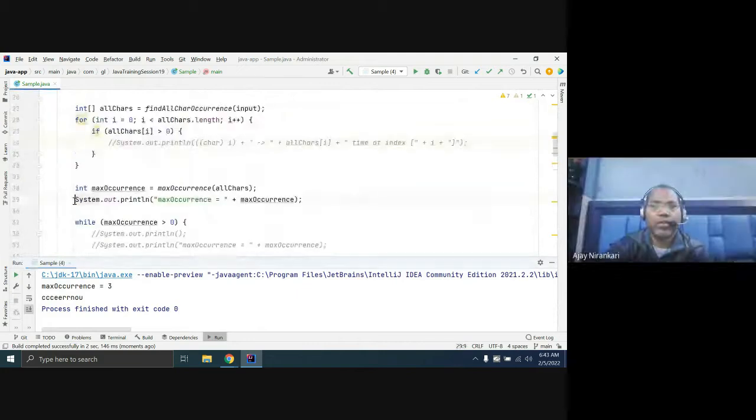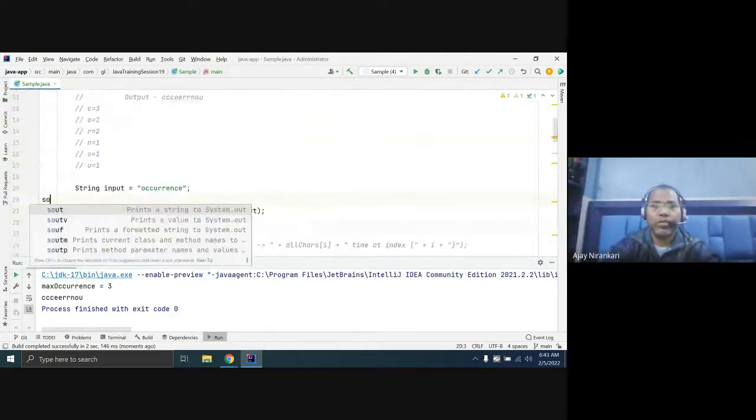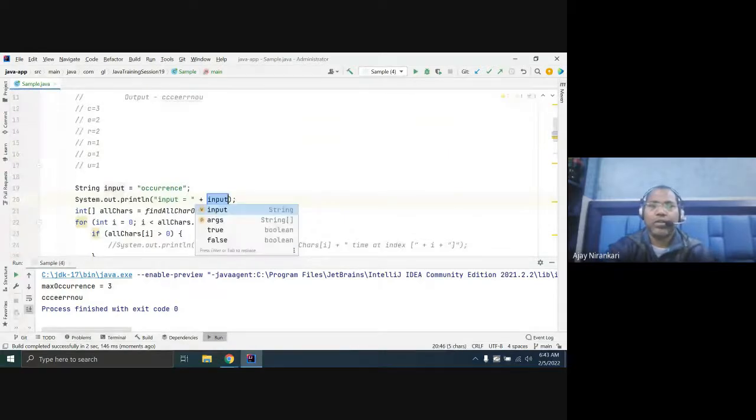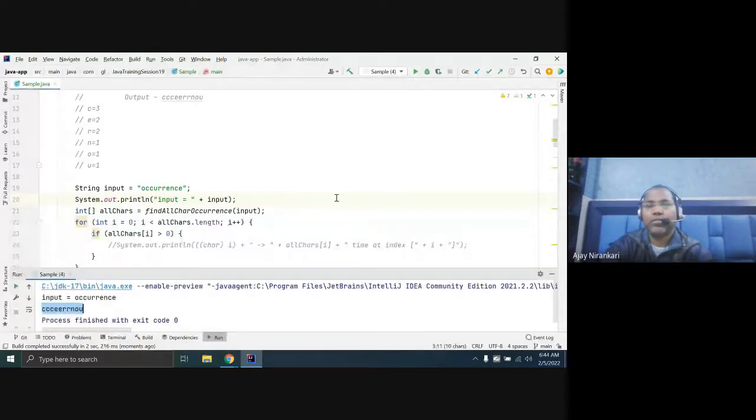This is the max occurrence. Just comment out here and print S out for the input or the output. So this is the input and this is the output. Yes, ask your question.